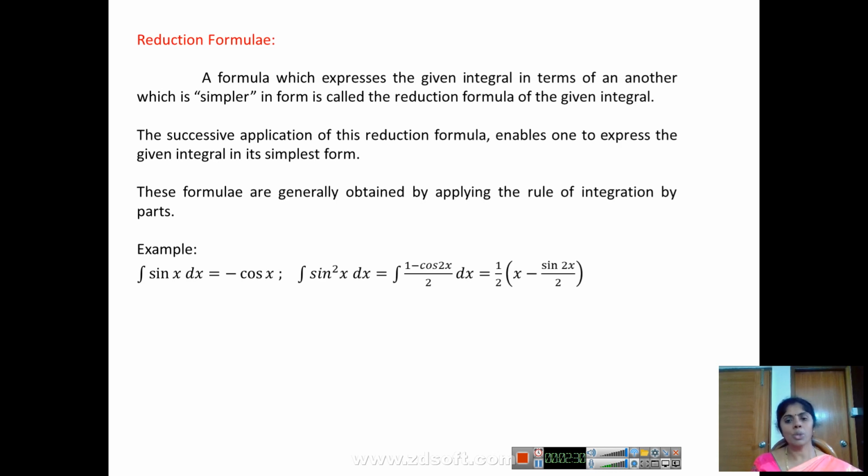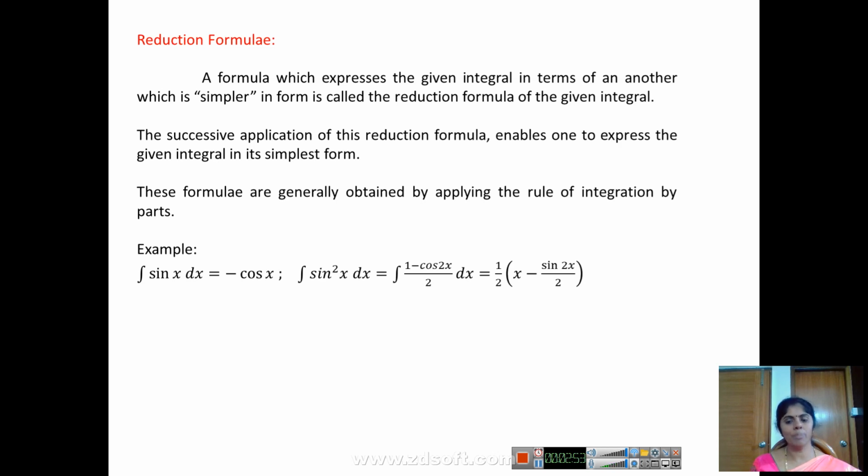To integrate that, we use the same formula. That is, integral of sine square x dx equals integral of 1 minus cos 2x whole divided by 2 into dx, which is equal to half into x minus sine 2x divided by 2, which is a little bit tedious